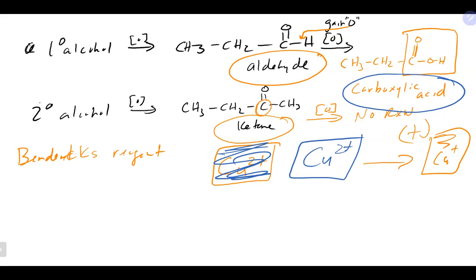If you did this reaction, you added Benedict's reagent and it stayed blue, you know you would have a ketone because the carboxylic acid wasn't made. So Benedict's reagent is used to identify the presence of a carboxylic acid, which in the case of your lab means that you started with an aldehyde. And if it's a negative test for Benedict's reagent, it means you probably have a ketone in that case. Any questions on that there? All right, well,